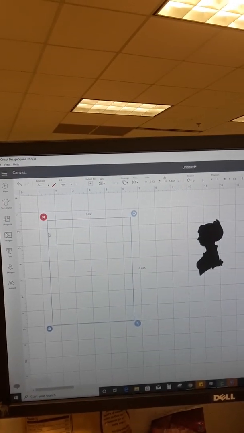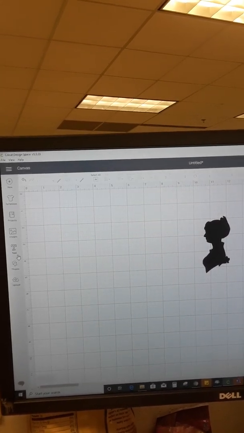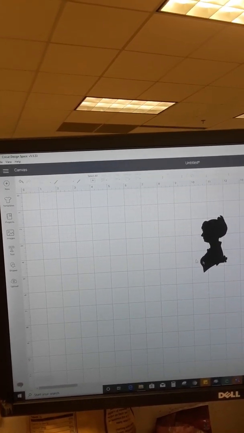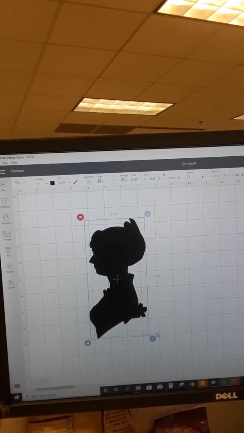But I'm going to just cut out, let's say that I wanted to cut out a shape of her heart, or I wanted to cut out a